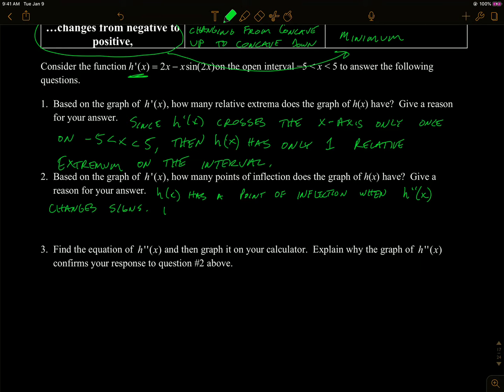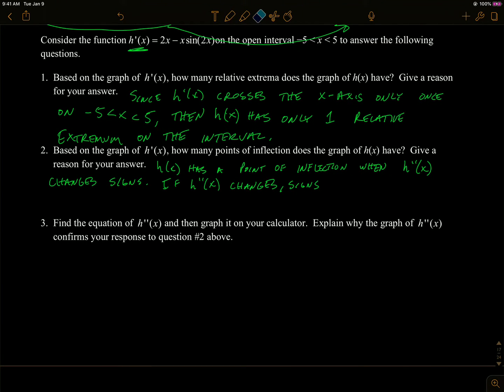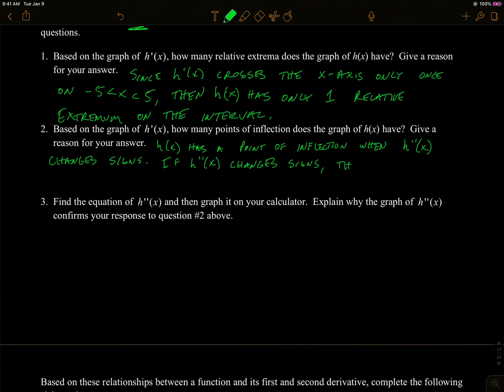If h double prime changes signs, what does that mean about the derivative? Because that's what we're looking at, the graph of the derivative. Then that means that h prime of x has a relative